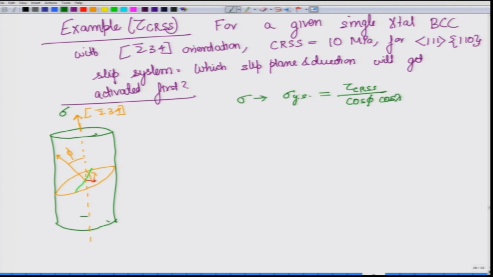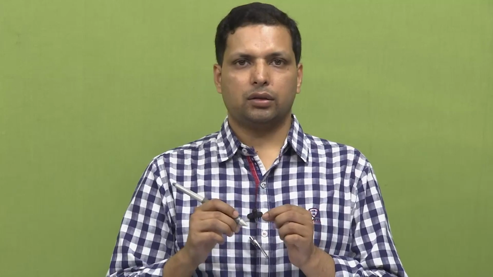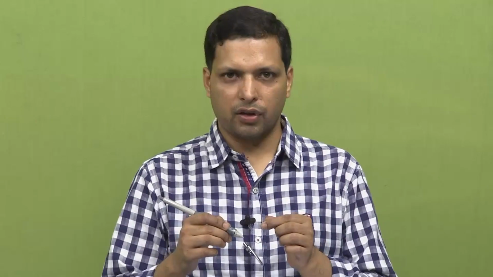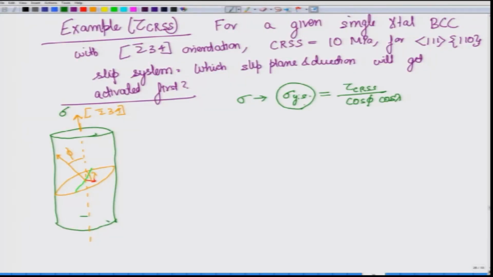Cos phi by cos lambda. So, if this is the one plane that gets activated first, it means that for this the stress requirement was lowest. You keep increasing, and at this particular value this achieved the critical resolved shear stress on the plane first, meaning the requirement for this was the lowest, and therefore this must be the smallest quantity, which is also called a Schmidt factor,